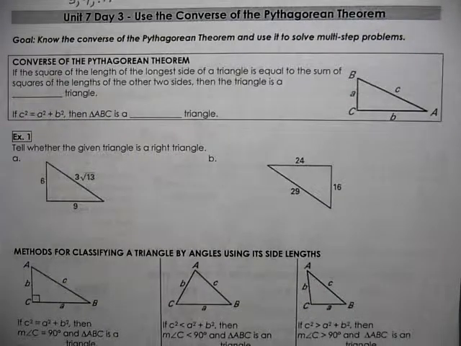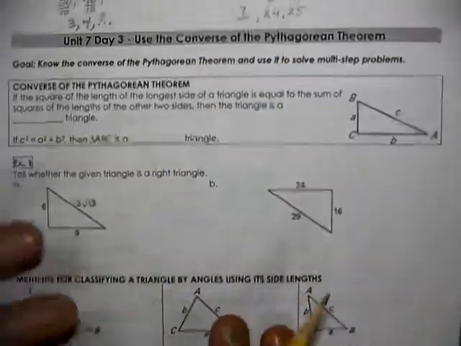This is Geometry, Unit 7, Day 3. We're looking at the converse of the Pythagorean Theorem. We know that the Pythagorean Theorem says if you have a right triangle, then you can use c squared equals a squared plus b squared. But now we're going to work the other way. If c squared equals a squared plus b squared, if that works, then you know for sure it's a right triangle. So the converse to the Pythagorean Theorem